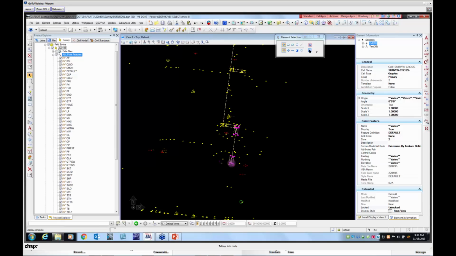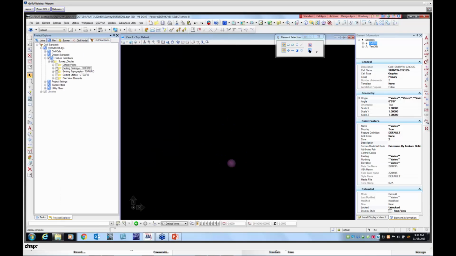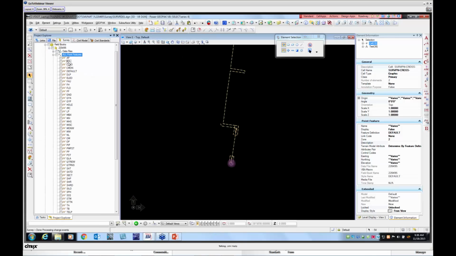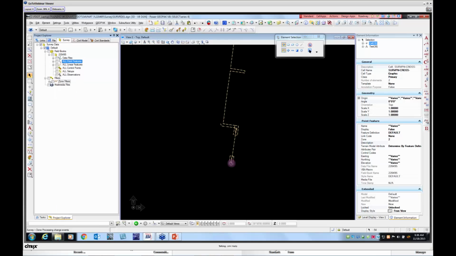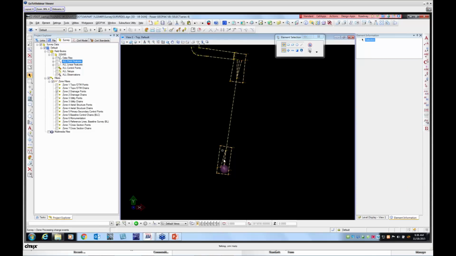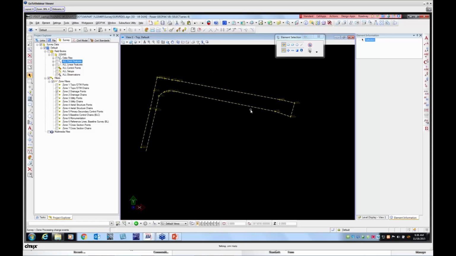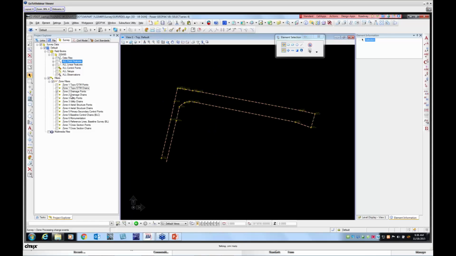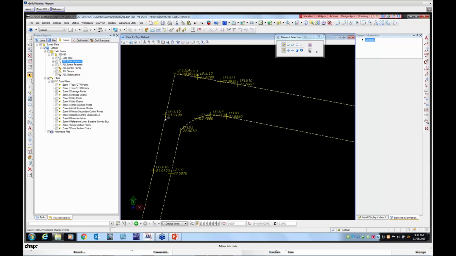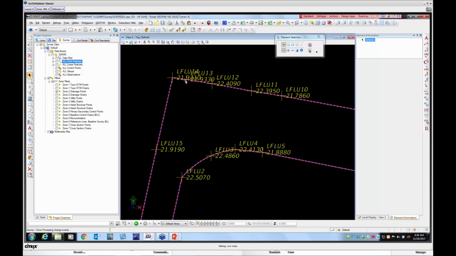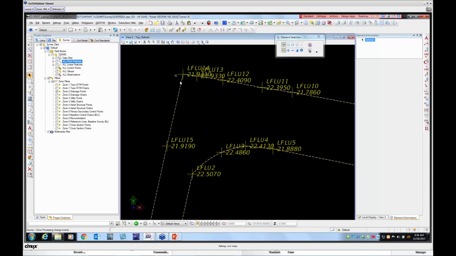So what I can do now is I'll turn everything off, go back to my civil standards, turn on just the drainage existing, go back to survey, in my filters, my zone filters, turn on just the drainage points, and now what you see is you've got your drainage points in the correct zone. So the designer can actually go in and just turn on drainage and look at points if he needs to see an elevation at any specific spot, he or she, when they're working on their design,